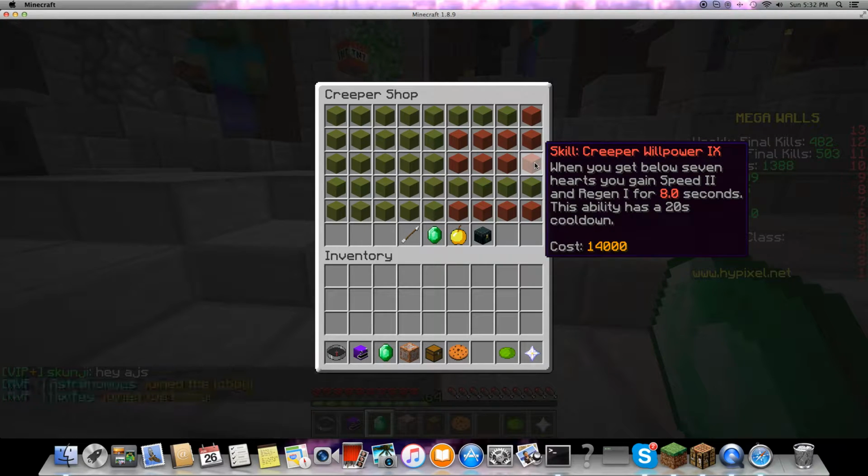Willpower. This ability used to stink, but now it's good. Sort of. Yeah, 20-second cooldown. When you get below 7 hearts, you gain speed 2 and regen 1 for 8 seconds. This ability has a 20-second cooldown. Now the cooldown basically means that it's just a one-time thing whenever you drop below 7 hearts every life. The regen 1 adds up to 1.5 hearts, and the speed 2 either allows you to strafe the heck out of the person you're fighting, or you can run away and heal. This ability is very good now,